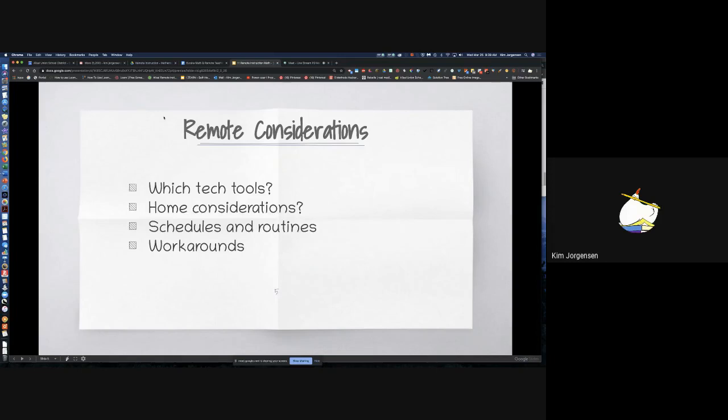As far as scheduling goes, I know that Anna showed a lot of sample daily schedules, and one of my thoughts was you might have students who are perhaps only able to get to their computer in the morning or in the afternoon. So if you always schedule language arts in the morning and then math before lunch or in the afternoon, or the other way around, one subject is going to consistently be left out. So another thing you might consider is one day starting with language arts and the next day perhaps starting with math, so that there's more of an even split.